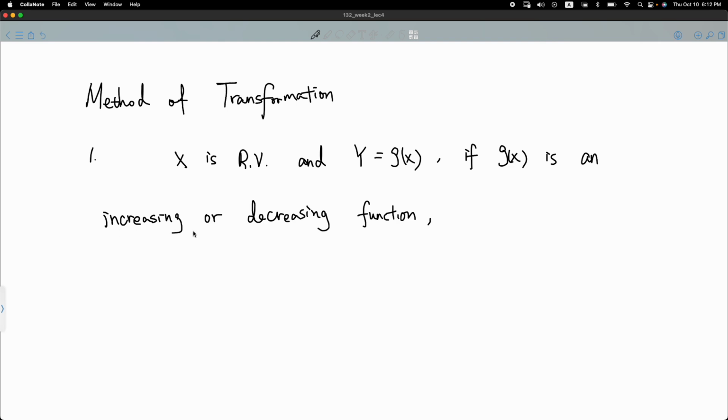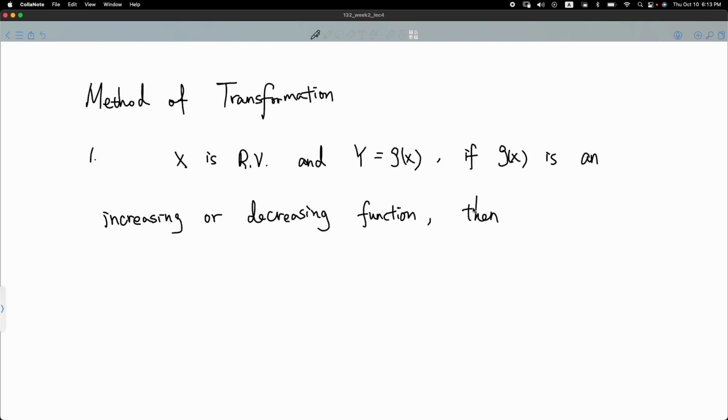So increasing and decreasing function just mean, for example, they just keep going up, like increasing, or they keep decreasing. Not something like decrease first and then increase afterward. Not something like that. So if your function satisfies that, it is either an increasing function or a decreasing function,